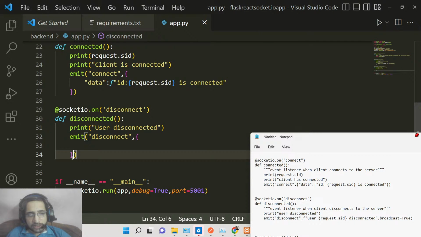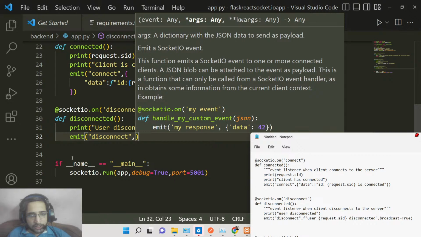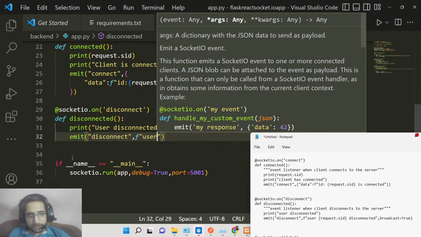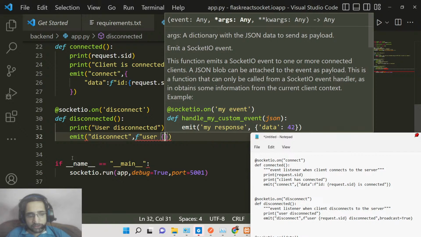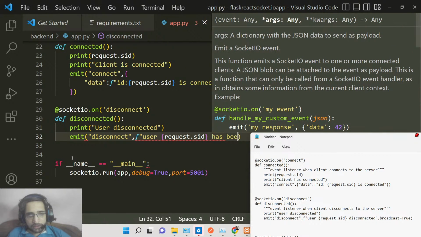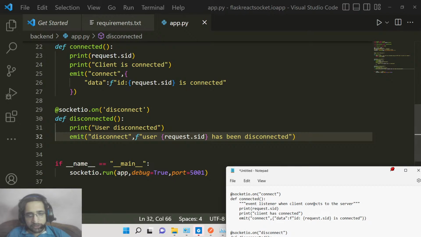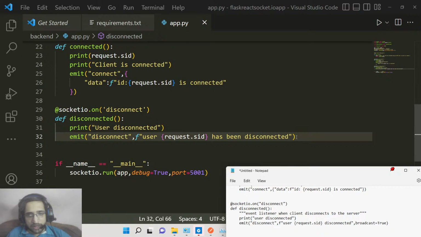and inside this we will pass a simple object, or we can simply write like this, not pass an object, just put a comma, and here we will simply write: user with this request ID SID has been disconnected, like this. So we will get the request.sid ID of the socket that has been disconnected,